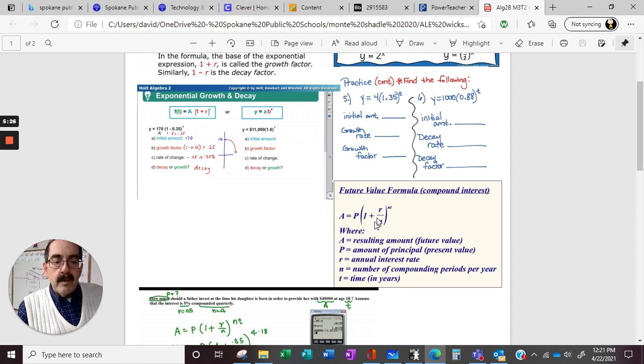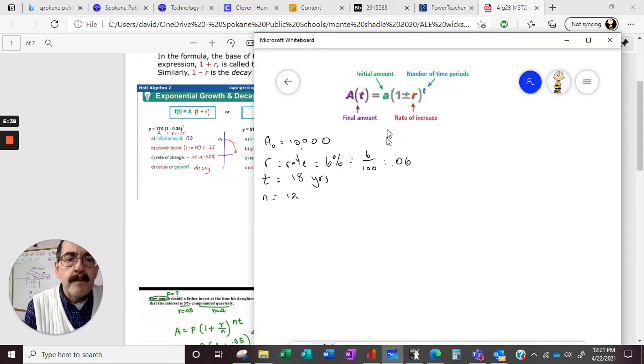So n is right here, compound periods per year. Yearly, that's 1. Monthly, that's 12. So I'm going to put an n and an n. We're going to say the final value of money is the start value of money, and these are all growth. So 1 plus r over n,